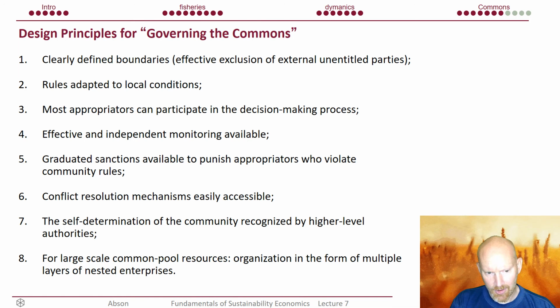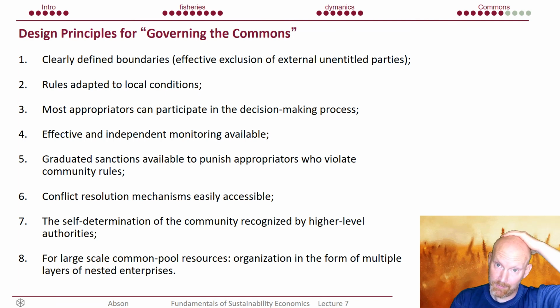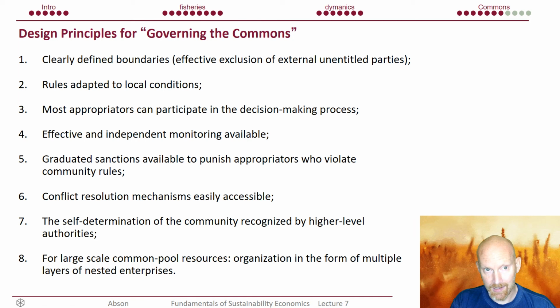And for large-scale common pool resources, you need to have this organisation occur at multiple levels of nested enterprises, because it's difficult. Again, this comes back a bit to this notion of costs and transaction costs. If you have an open ocean fisheries which is being appropriated by 100,000 people or 2 million people, you can't have 2 million people sit together and set those rules. So you need to break up that system into manageable nested enterprises with local organisation, but then coordination at the regional level, at the national level, at the global level, whatever it might be.